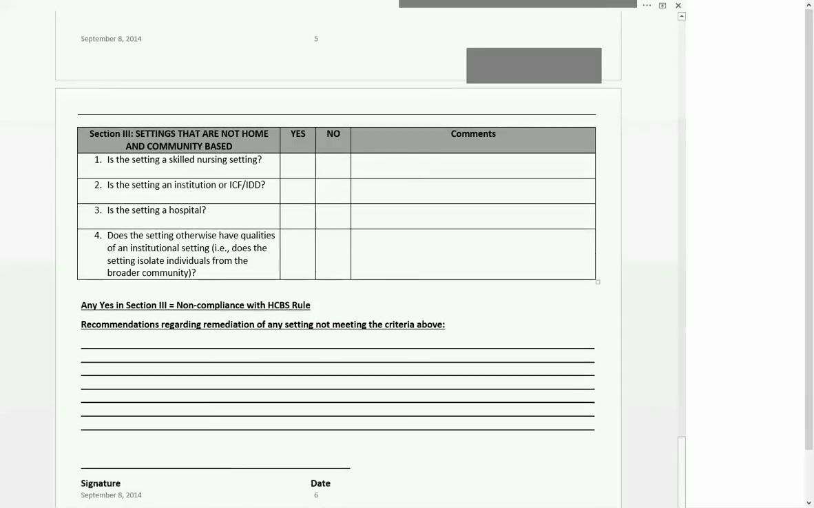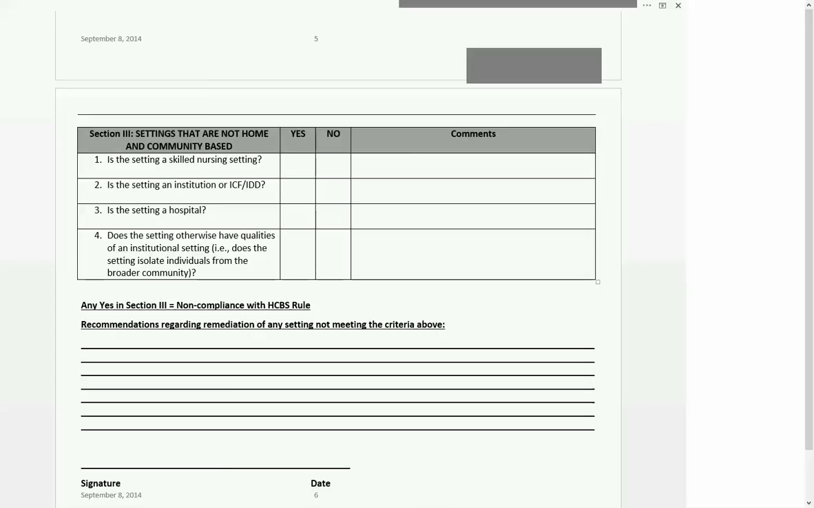After you finish this, we would ask that you make some recommendations for the particular site. And again, we have to complete one of these on every site. For areas that are determined to be non-compliant, we would request that you make a recommendation as to what you might do to bring the particular question into compliance. Finally, you're going to sign it and you're going to date it,